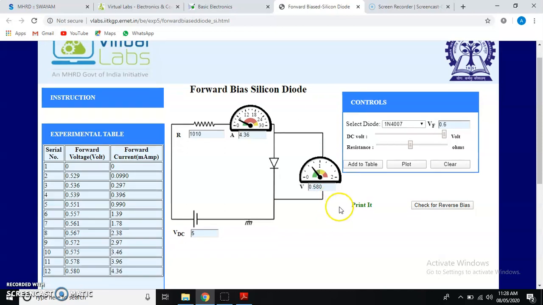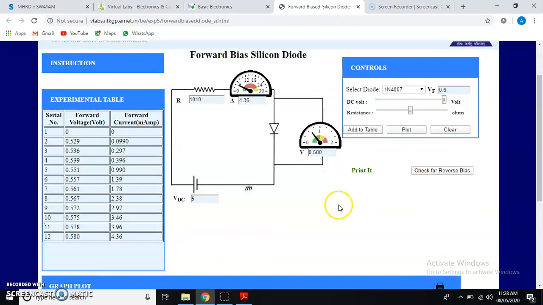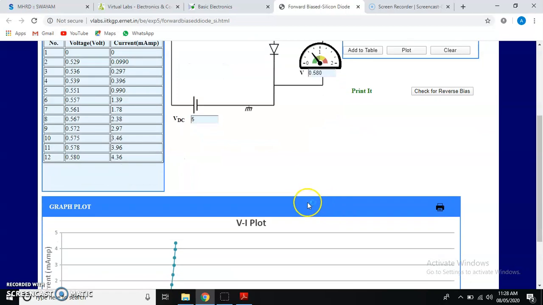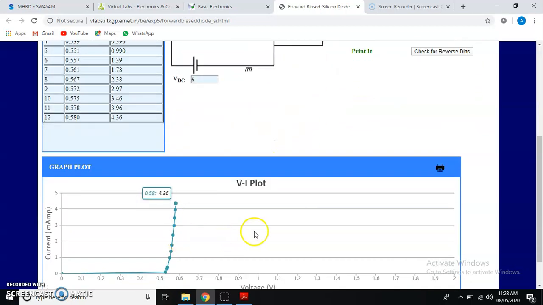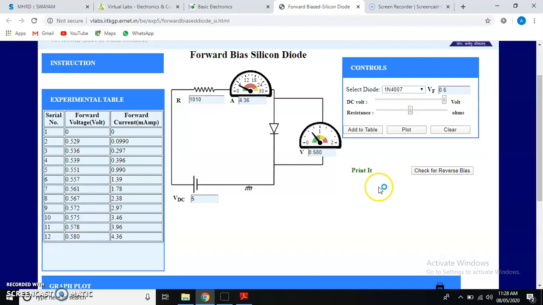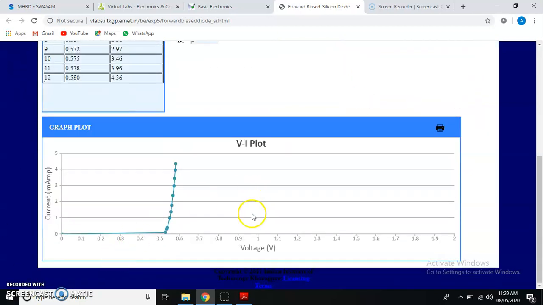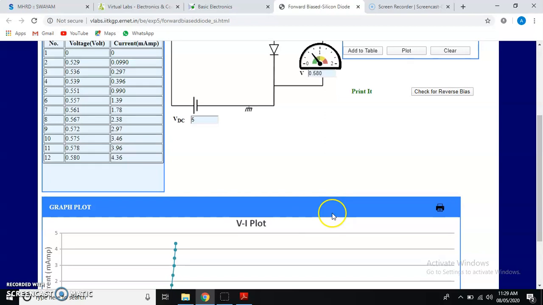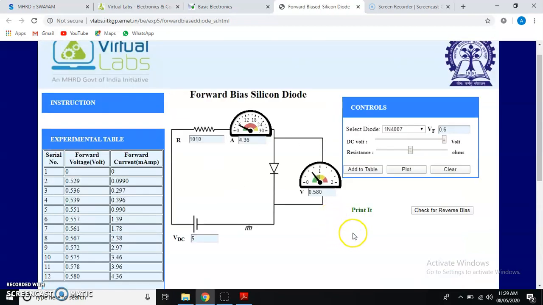The first half, that is performing the forward bias characteristic of a PN junction diode. So this is the circuit, this is the observation table and this is the graph. We have to take a print screen of all and attach it into the Word file which I am going to give you. The journal Word file will be directly given to you. Only these details, the circuit diagram, the observation table and the graph print screen, you have to copy and paste into that Word file. I hope everyone is clear with this and you will perform this as the experiment target and submit it for grading.